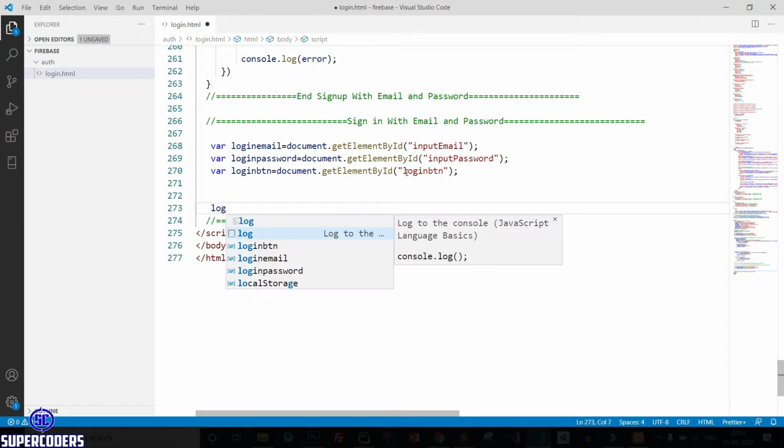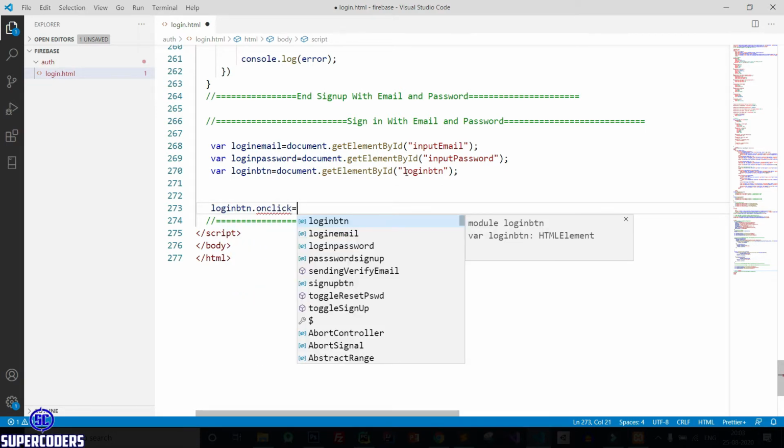After that, login button dot onclick equal to function.